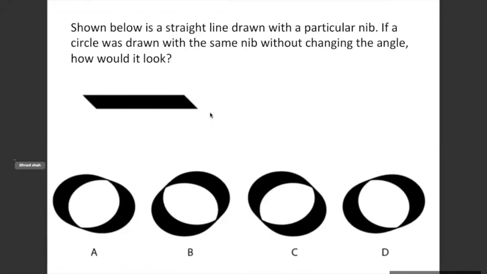Ma'am, will there be a difference if we consider it from clockwise or anti-clockwise? No, it won't be any difference, because if I'm moving in that direction, the opposite will come. Whether you rotate clockwise or anti-clockwise, it won't matter. It depends on the angle, Dhruv. It depends on this angle, and this thin point will always arrive at that angle. Wherever this angle is, the thin point, the thin line basically, will be located there.